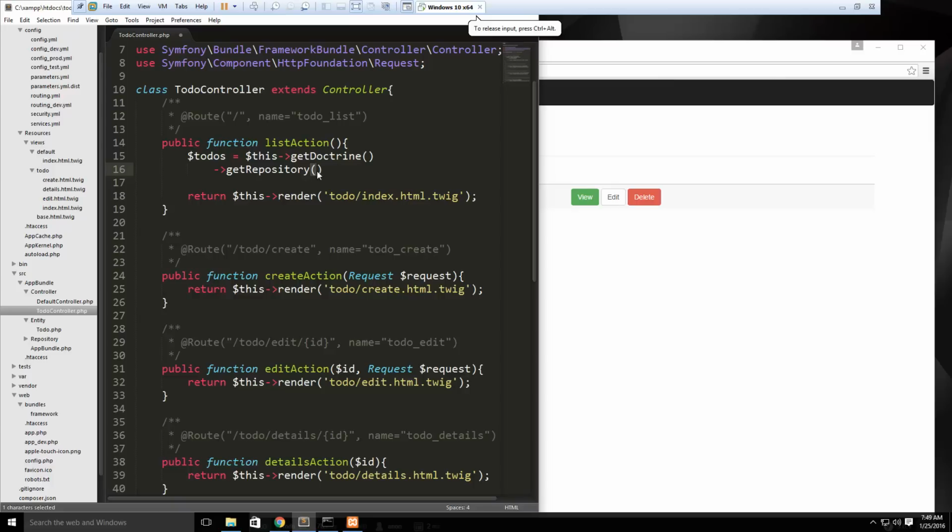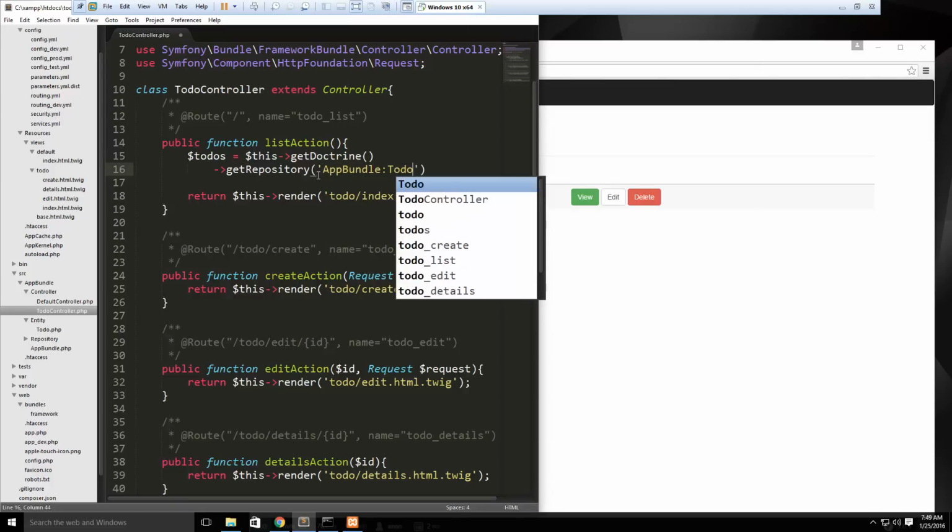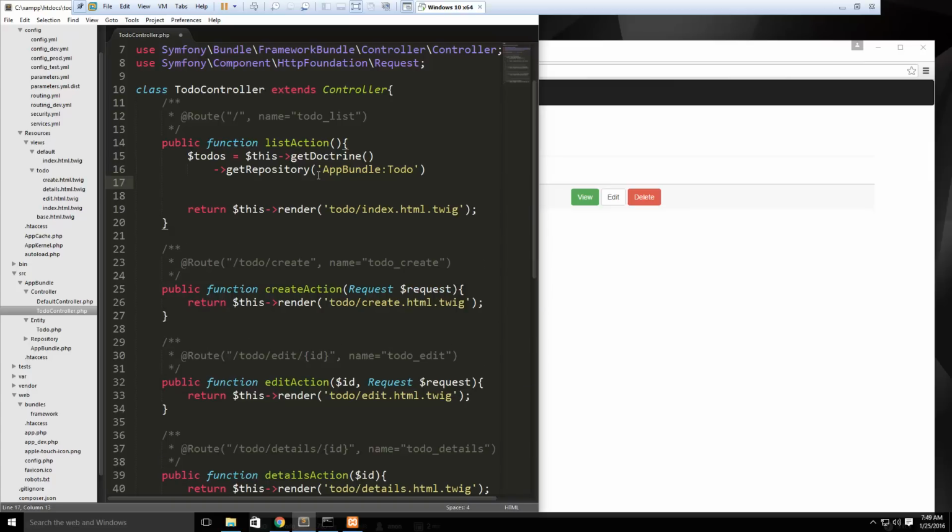And then in there we need to pass in AppBundle ToDo, and then we just want to say find all, okay, because we want to grab all the to-dos. Alright, so that's going to put it in this variable,